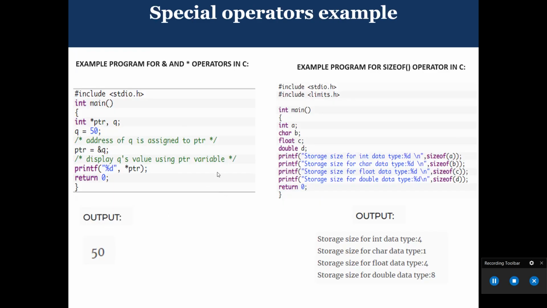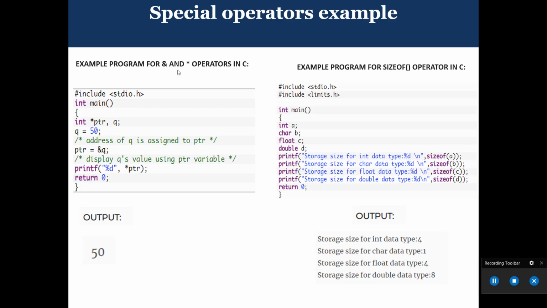Now we can see the examples of special operators. First, an example program for & and * pointer operator in C. In this program, the & symbol is used to get the address of the variable, and the * symbol is used to get the value of the variable that the pointer is pointing to.